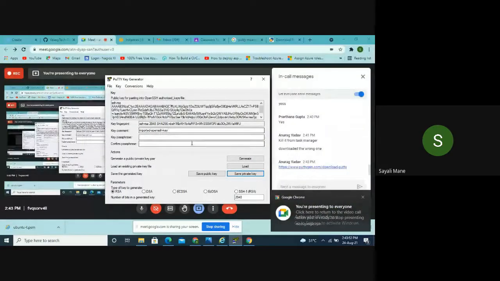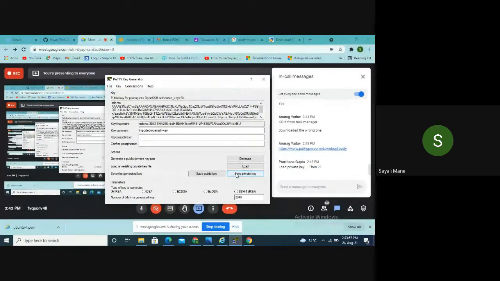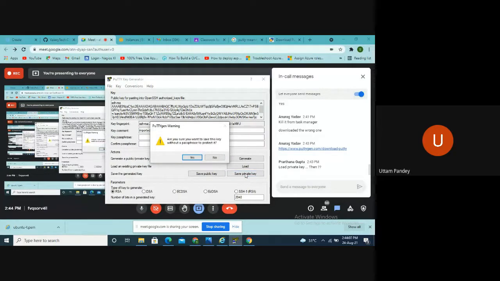So this is done. So those who have finished with this thing, load private key. After that, you have to click on the save private key button. Ma'am, what do we have to do after opening? Okay, wait.